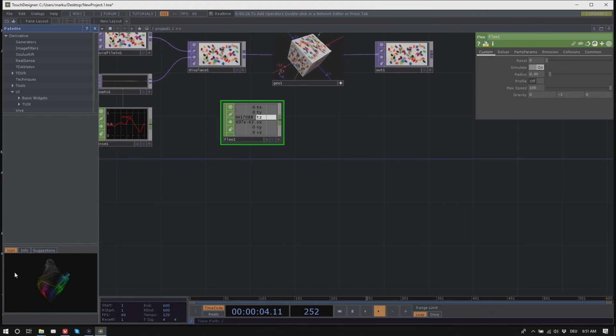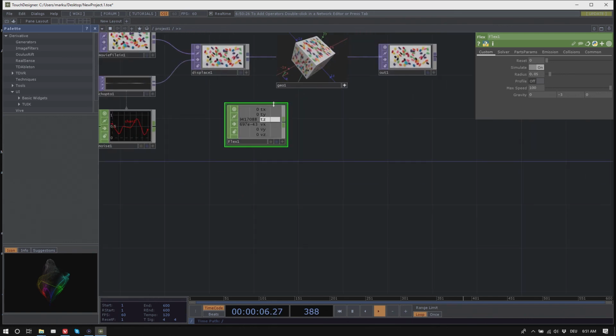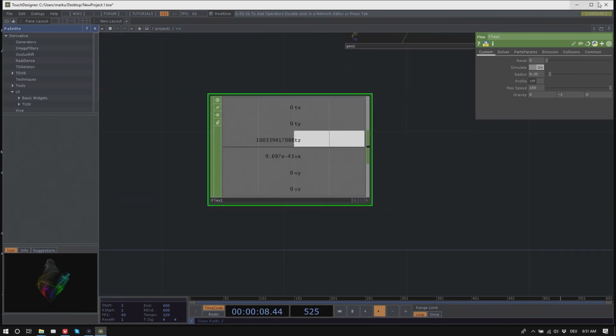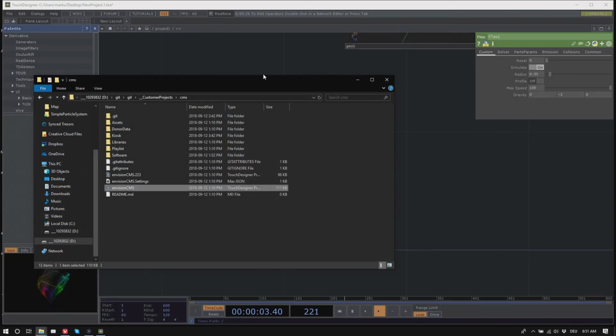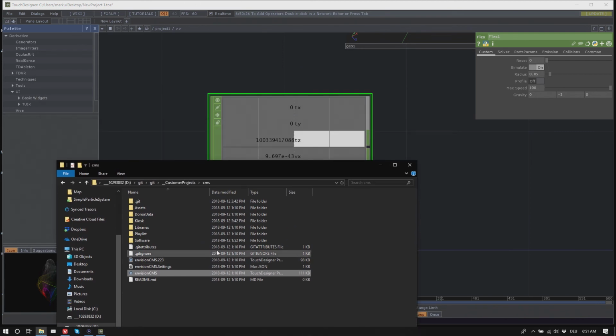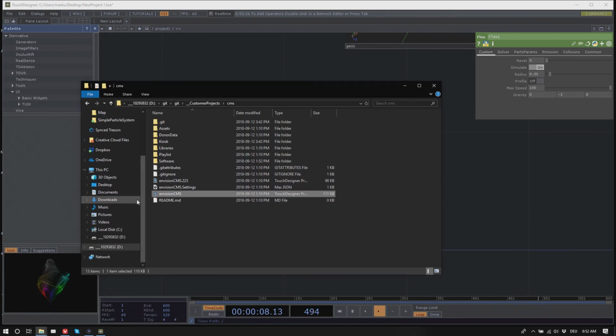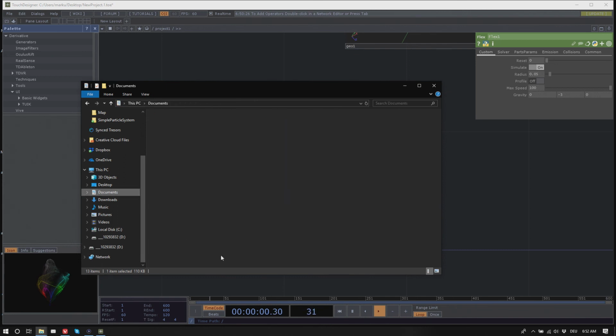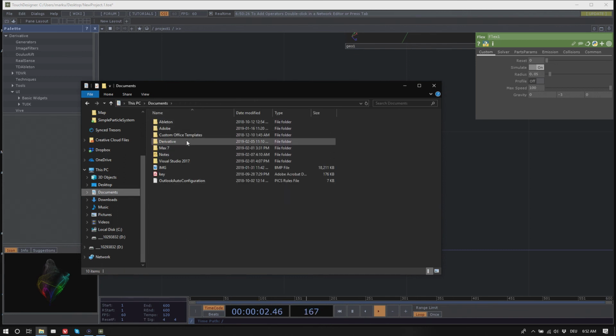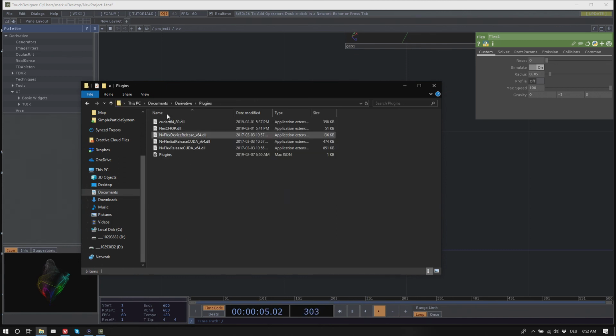And there is one in specific that was of interest, which is this Flex operator. And I should say that if you want to see them show up in the upgrade dialog, then they have to be placed under Documents, Derivatives, Plugins. So here you see there's the FlexJob DLL, and it comes with a couple other DLLs that are necessary for it to run.